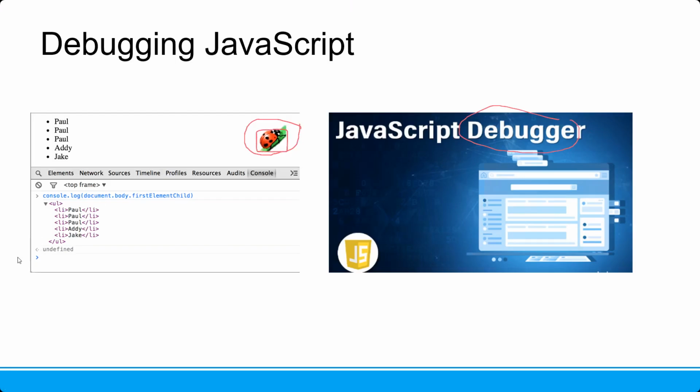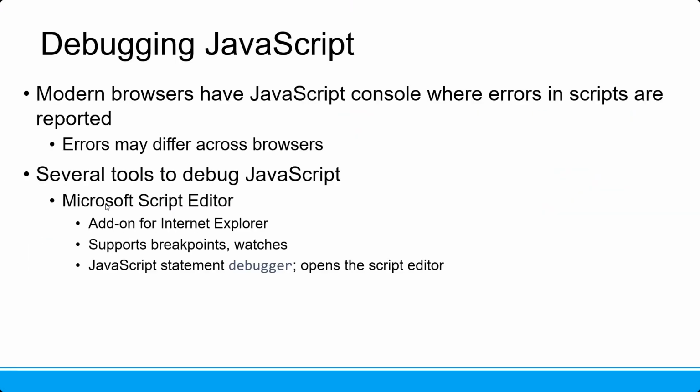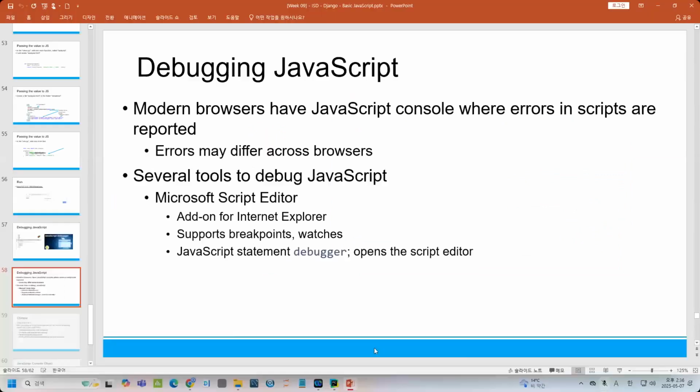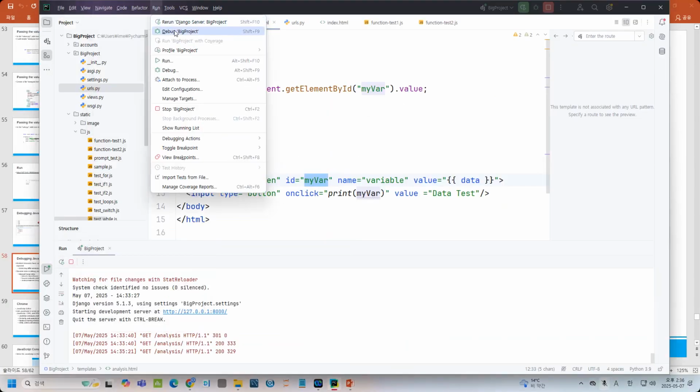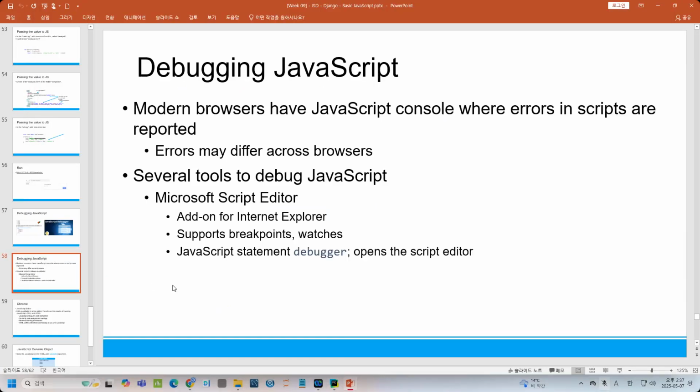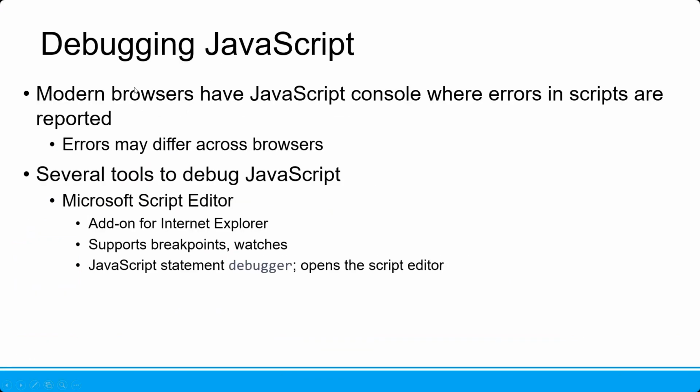So in PyCharm, you can have the debugging tools. If you run this one, you have debug. Debug means you can run step by step and then check the position of the errors in your code. It is very important in programming because whenever you do programming, there should be this kind of mechanism